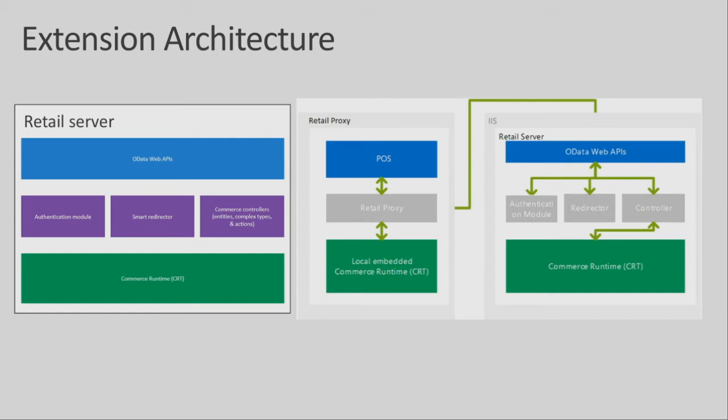Suppose, for example, if you go to an e-commerce site, you can get all the product information, right? Which is like an anonymous API. But to get the order details, it is an authenticated API. So you can specify the roles and everything. And also there is a redirector which knows which CRT request call, and this is the controller which maps with the CRT.